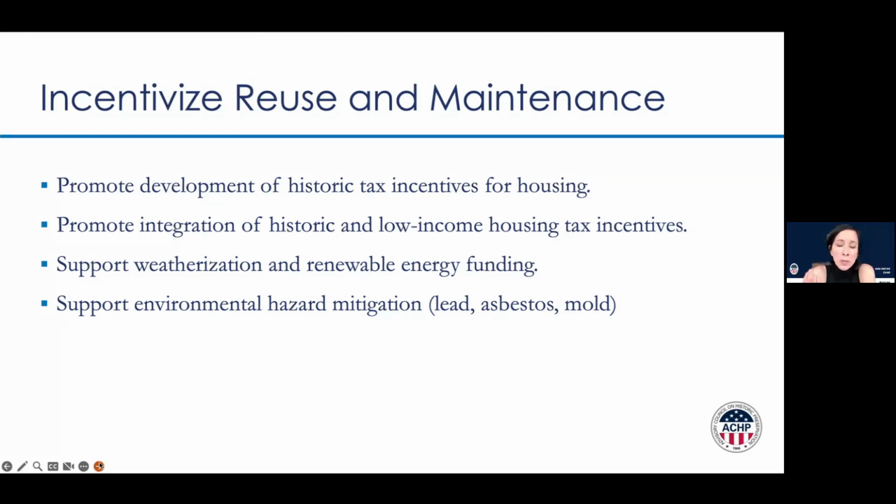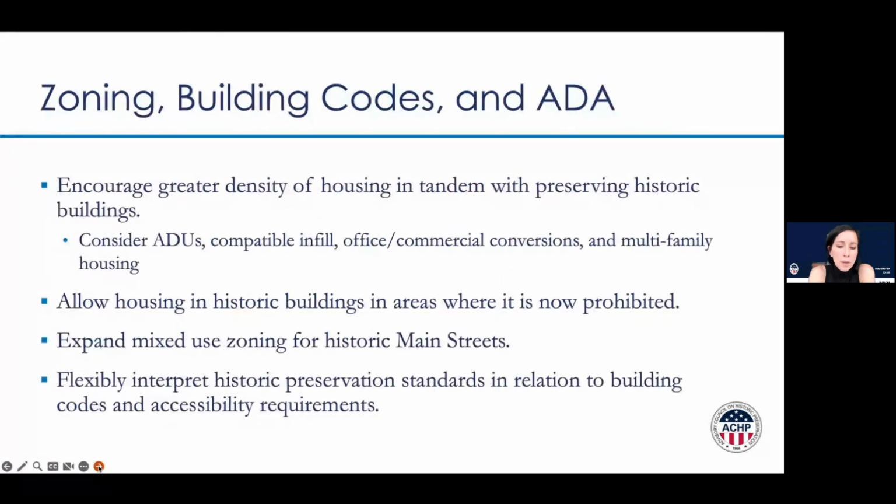We also noted that there was an issue integrating historic and low income housing tax credits. And by the way, renewable tax credits as well at times. We put in there that government needs to do a better job of supporting weatherization and, of course, renewable energy, as well as environmental hazard mitigation. There are provisions in the policy statement that touch on areas where state and local governments and even private parties are making decisions. So we talk about zoning, we talk about building codes, and we talk about the Americans with